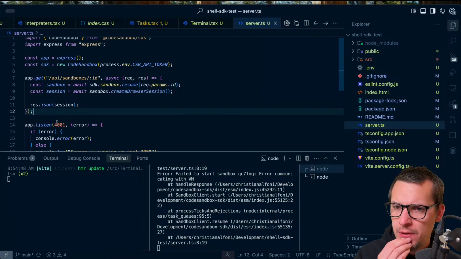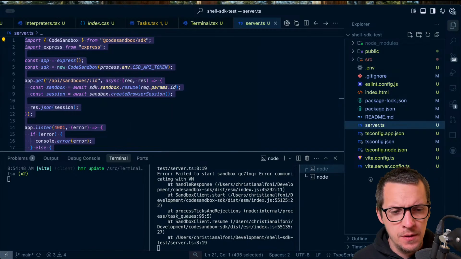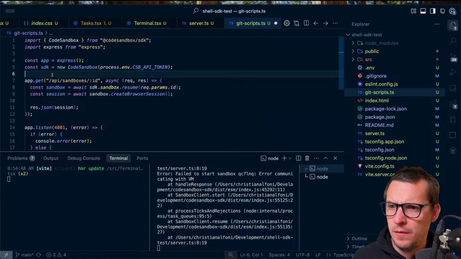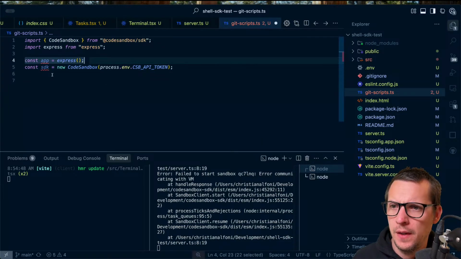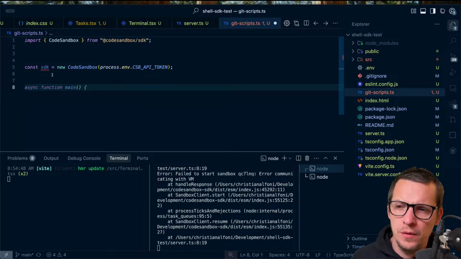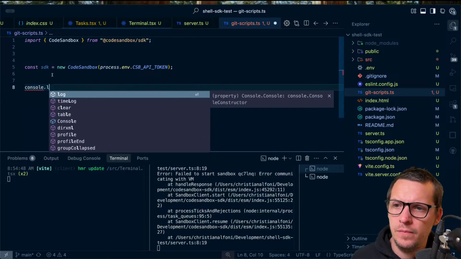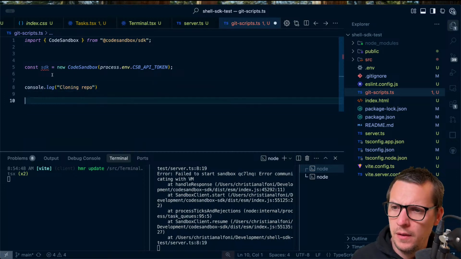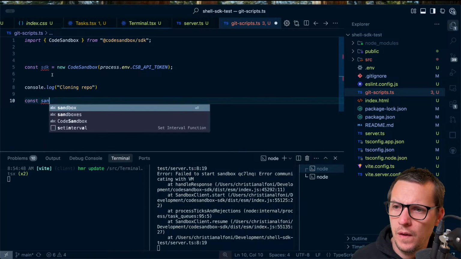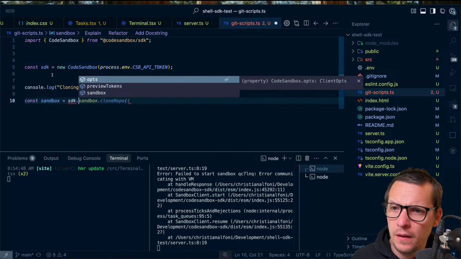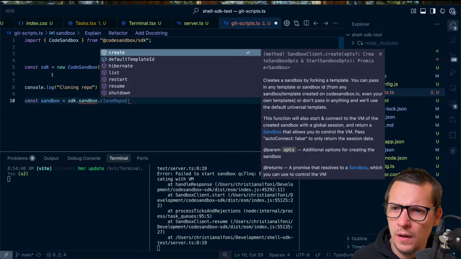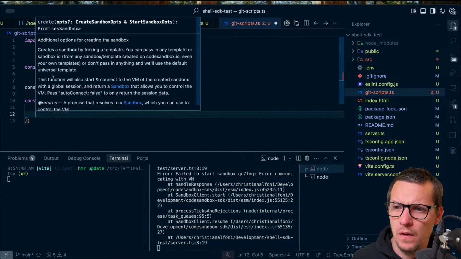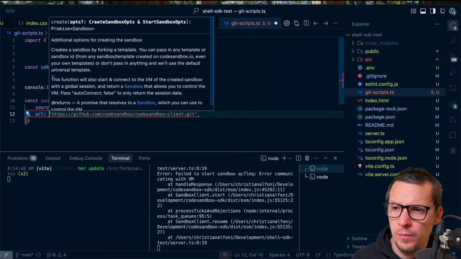I think we need to create a script to test this. Git script ts. And we're just gonna run the thing. So we don't need express here. So what we want to do is cloning repo. So this would be CodeSandbox equals SDK sandbox dot create. Source is git, and then URL would be,